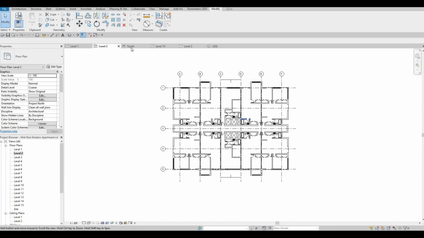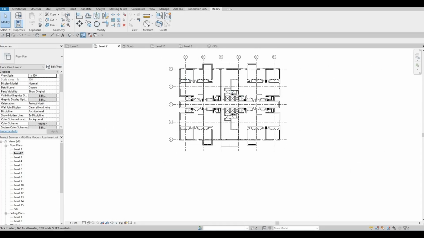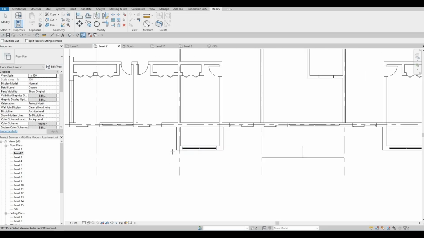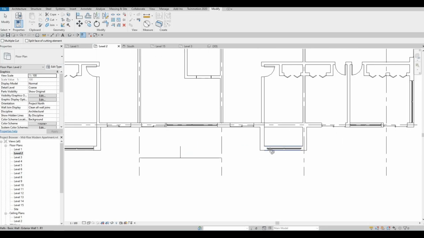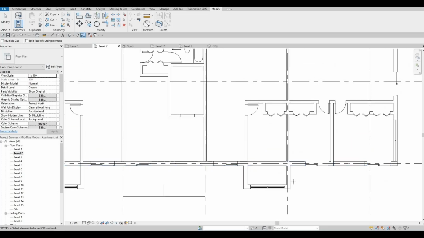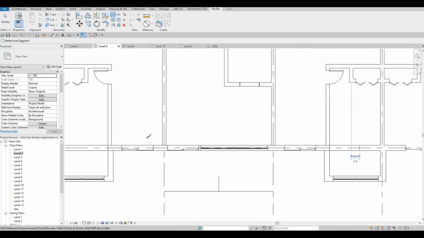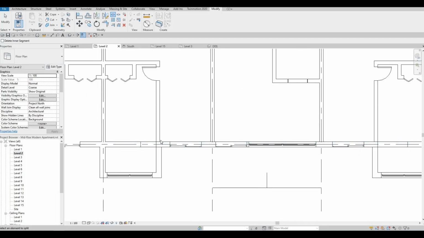So now we just need to go to modify and cut geometry. Something like that. And then SL on this, and then AL,